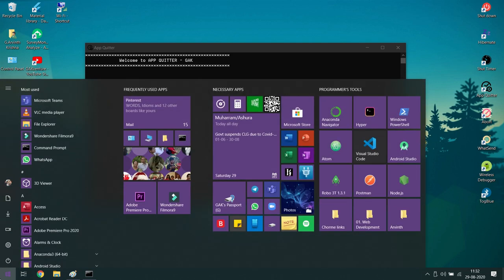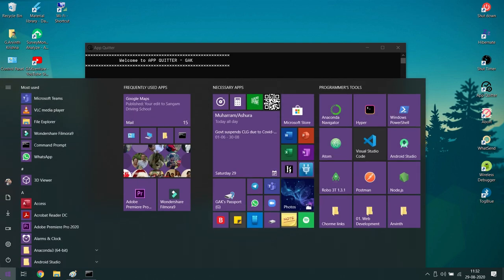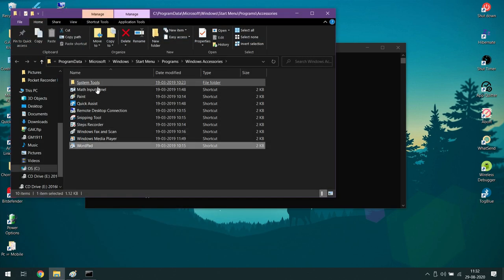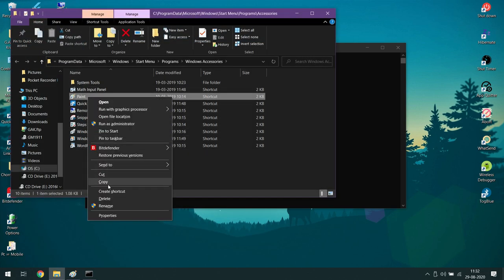Let's follow the instructions. First, go to Start and type the name of the application, right click on that application and choose Open File Location. Here you will find that application; right click on it and choose Properties.